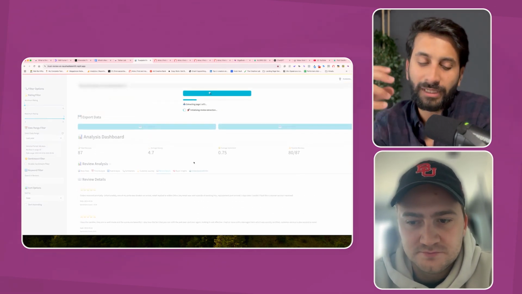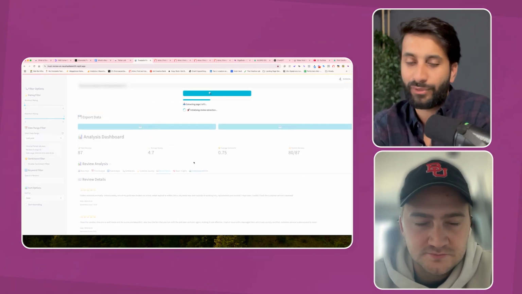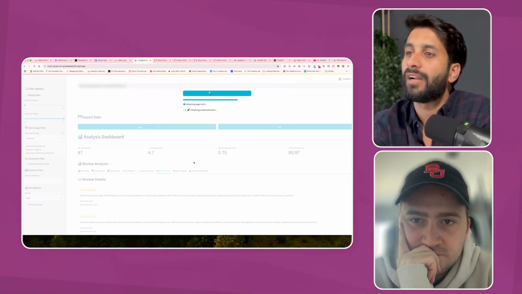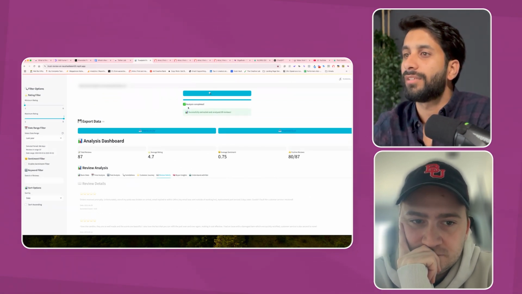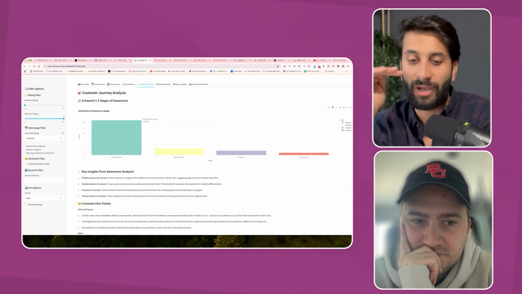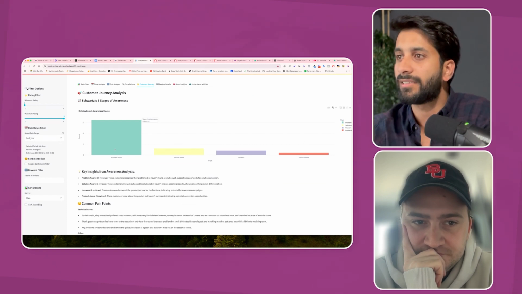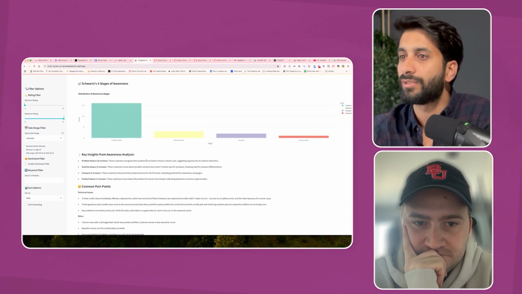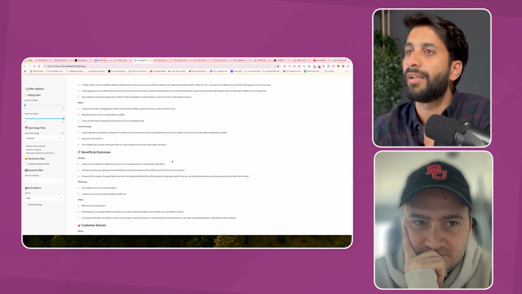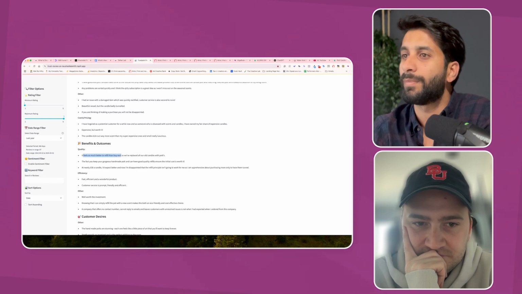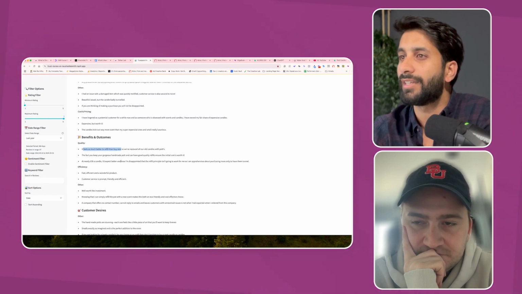So what I'm trying to do is I'm quickly trying to figure it out. If I have to create an ad within like 15 to 20 minutes, I'm just gonna figure out, okay, what is the customer awareness level? They are problem aware. So now I know that I can ignore all of this because this is the biggest sector. And they say the customers have recognized the problem but haven't found a solution. And what they're looking for as a benefit is like, it feels much better than buying a new one, replaced ones.